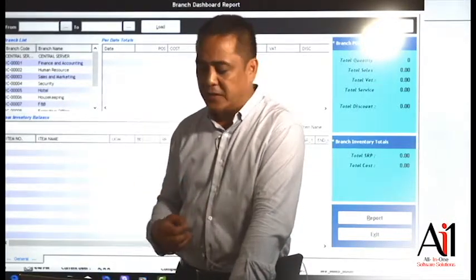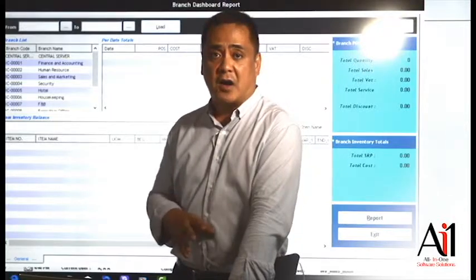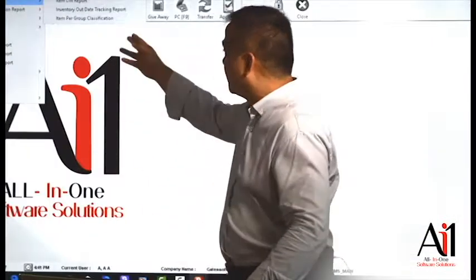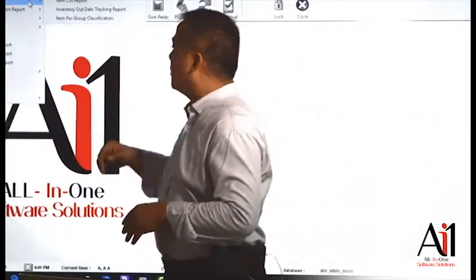Do you allow that to happen? But traditionally, more often than not, it's only the warehouse who can see all the branches, and that's really what it's designed for. But it can work the other way as well. Okay? Now, this has a ton of reports that accompany it, like item list reports, out-of-date tracking report, the